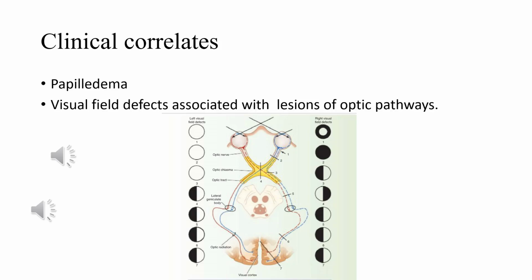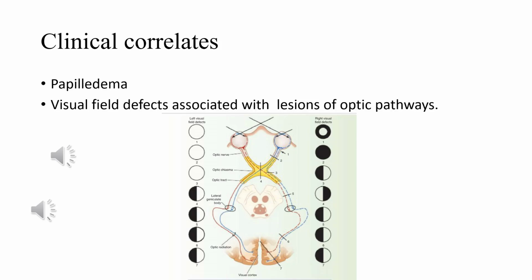The lesion at level 4 is at the center of the optic chiasma. Now this is the area where the nasal fibers from each side cross, and the nasal fibers of each eye are carrying the temporal field of vision of both eyes, right? As you can see in this diagram, this arrow is coming from the temporal side. These are carried by the fibers of the nasal side of each retina, right? So these nasal fibers are now crossing in the center of the optic chiasma.